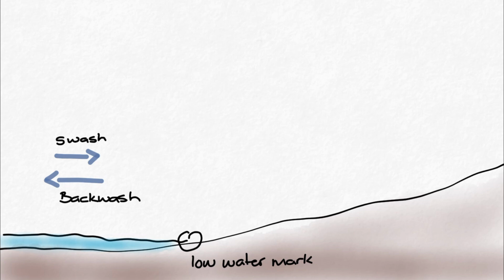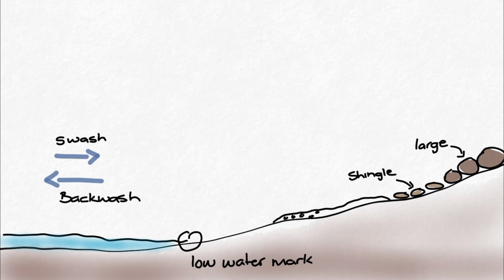Now we're going to have a look and discuss this in terms of a constructive wave. So the largest material will be deposited along the upper reach of the swash when the constructive wave carries the sediment up the beach. Now the backwash will lose water and energy as it travels back because of the sand's porosity. This will result in smaller and smaller deposits. So if we have large deposits at the top, we'll have shingles below it, coarse sand below that, and fine